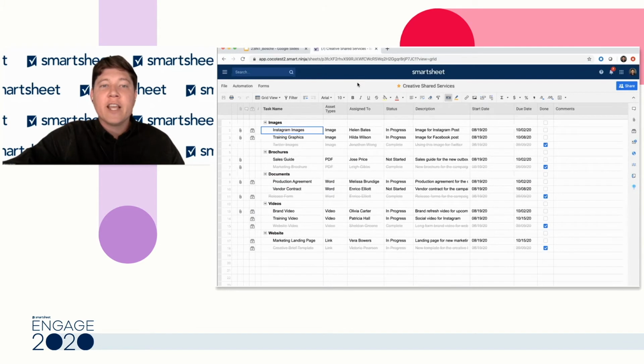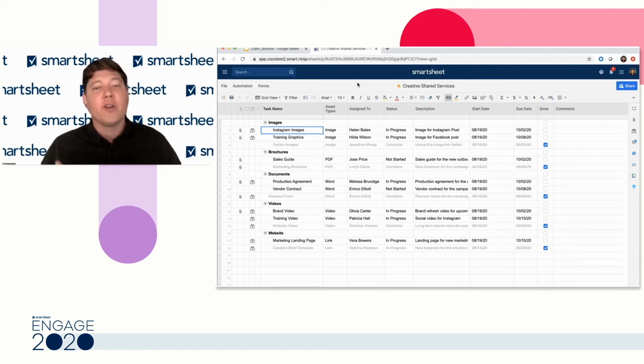And I'm going to take a more general use case because so many different departments produce content like this, from training to product development, all of these different departments I've mentioned. So first things first, this is a sheet that's representing a shared services team. This is just one example of a way I've seen organizations produce content where you have departments across an organization requesting things from a shared services team. This could also be on your own team. This could be done by contractors. But for the purposes of this demo, this is the example.